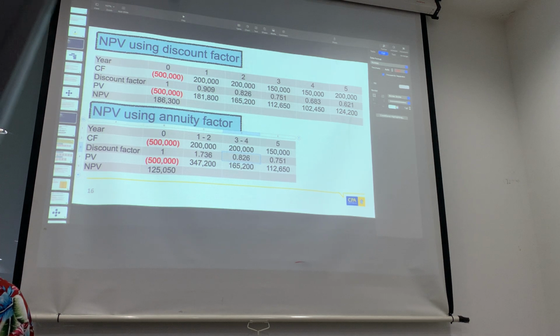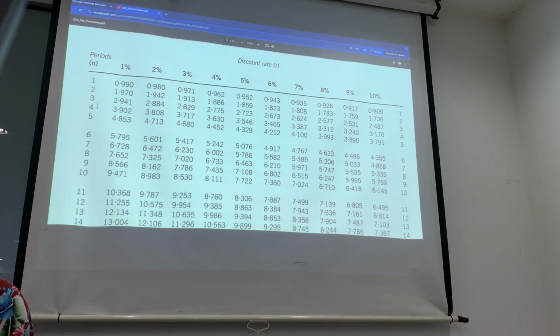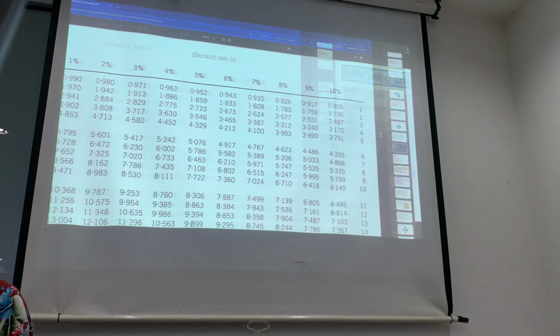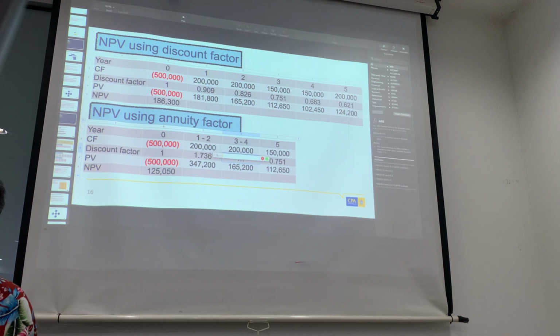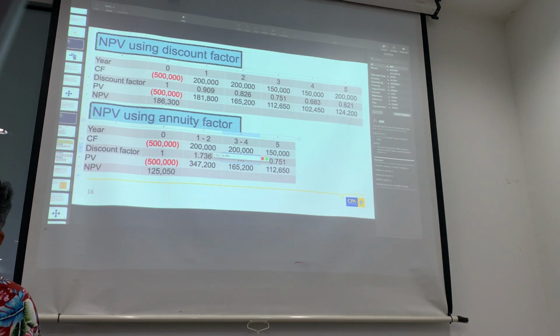Okay then? Then 3 to 4, so I'm going to go to 4 years. Can you see it's 4 years? 3.170, right? Minus